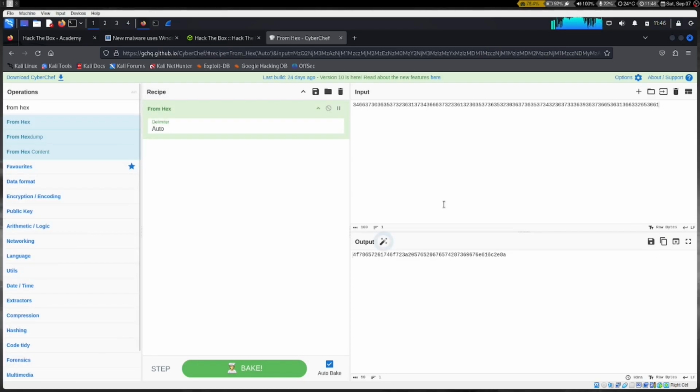Apologies, I'm in a VM while recording. My PC ain't that strong. It looks like it's double hex encoded. So if we do this, we get operator, we get a signal. So it's like, okay,